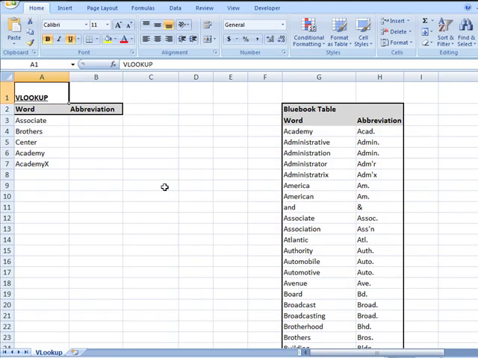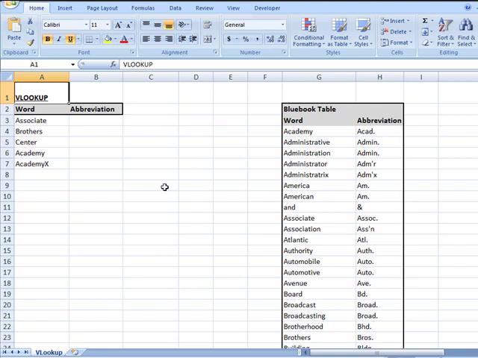VLookup is a powerful formula that can be used in many ways. The basic idea of VLookup is that it will find a specified value in the left column of a data array and then return the value that is a specified number of columns over from the original value. For example, in a data table with two columns, last name and first name, you can specify a last name, for example Smith, and VLookup will use the table to return the first name from the table's second column, for